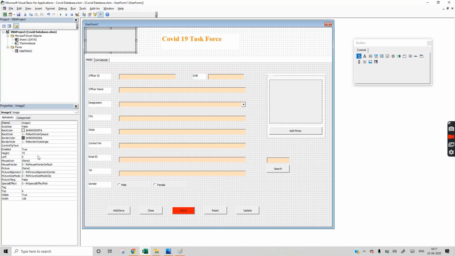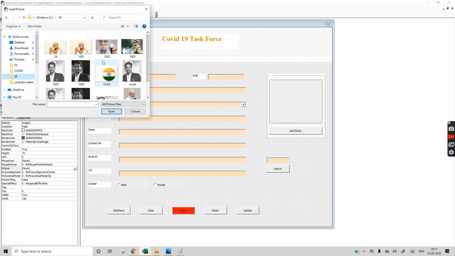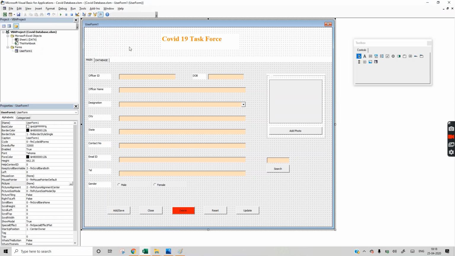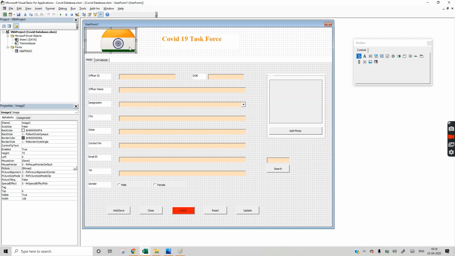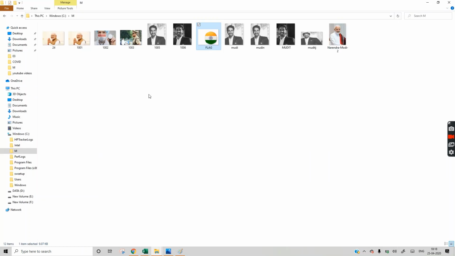So select this image, click on this picture, select this button. Now go to it and you can see the flag image here. Open. Still it is showing big, so we have to further reduce it.